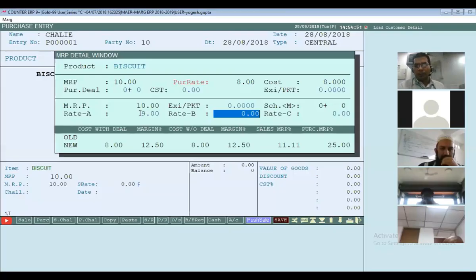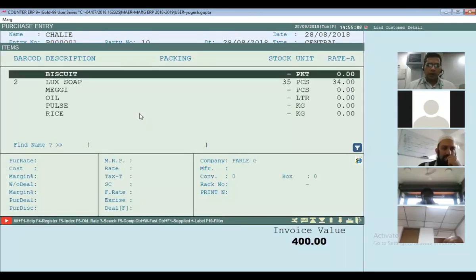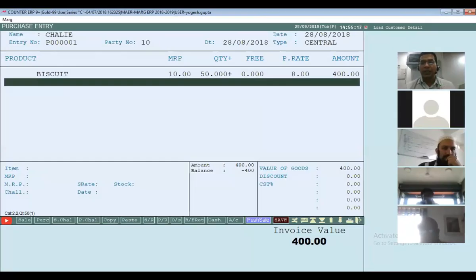Definitely FMCG people reduce 1 rupee, 50 paisa, 2 rupees, etc. And rate B, I think we discussed yesterday, we can define a different rate for retailer, stockist, distributor, etc. So I can define that. Now, if I purchase any other item, select that, else press Escape.